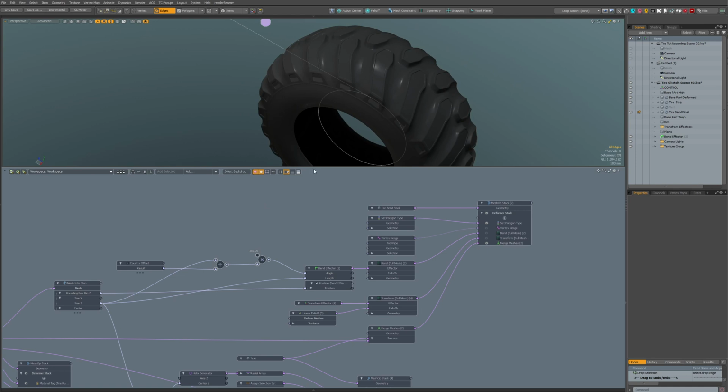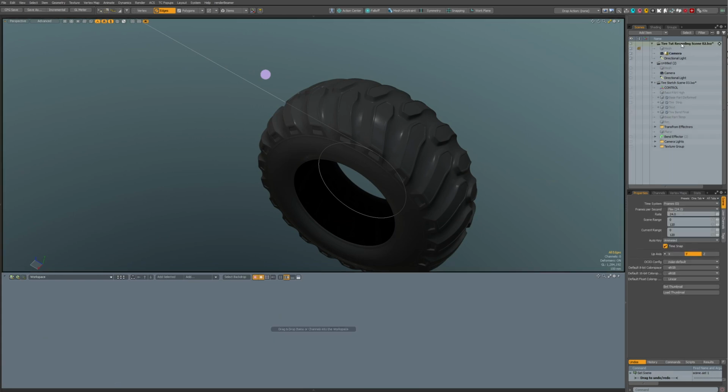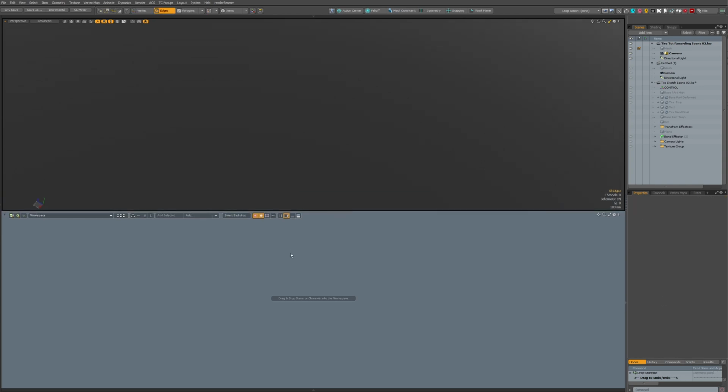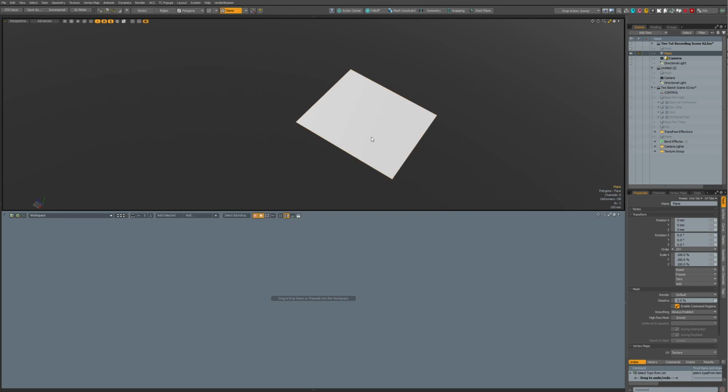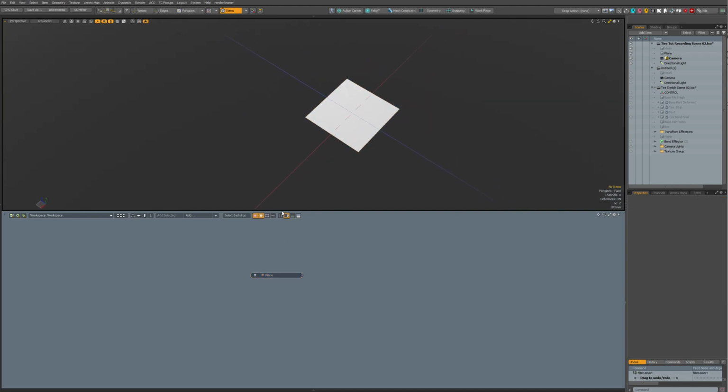So let's try to recreate this from scratch. First we need the base part. So I'll just create a plane, add it here, and let's turn off the grid. So we are going to copy it in this direction.